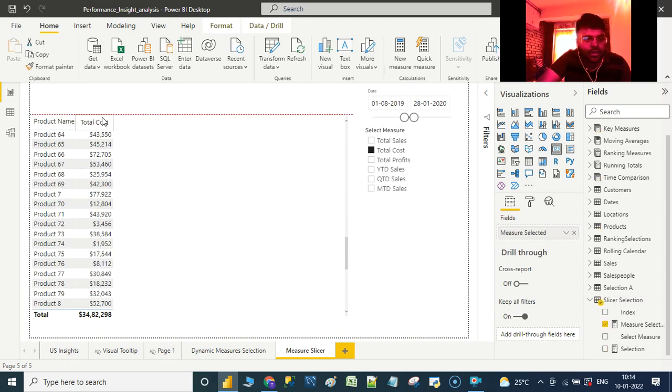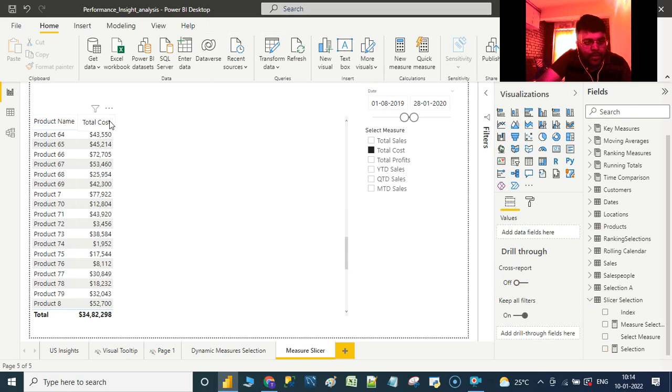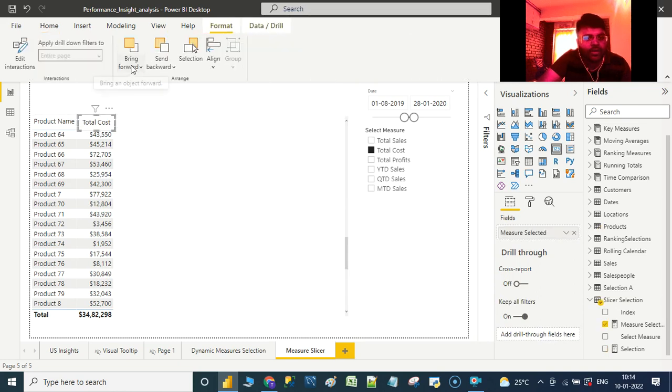And now let us format it once again. Let us click on the element that we have created, go to format, and make it bring to front.